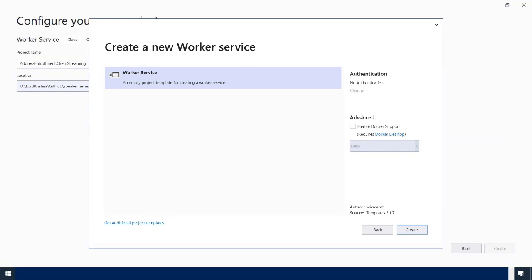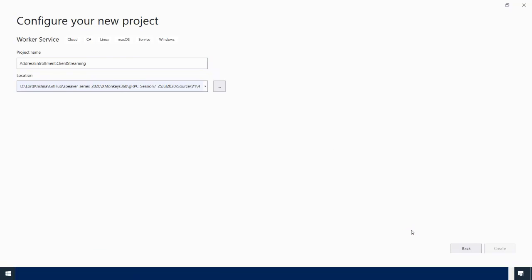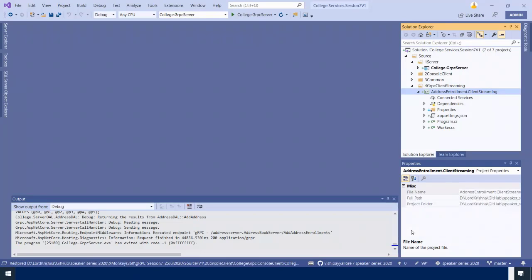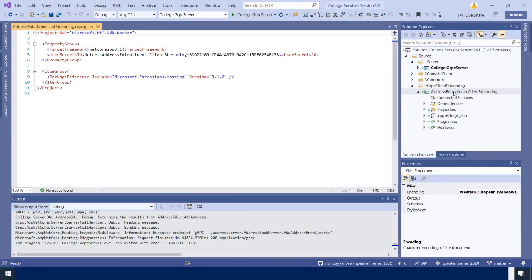At this point of time, we are not enabling Docker and other things. Let's keep it simple. Let's go ahead. Okay, it is creating. Let's wait for the NuGet packages. Maybe it took 5, not 5, no, it's 3 only.